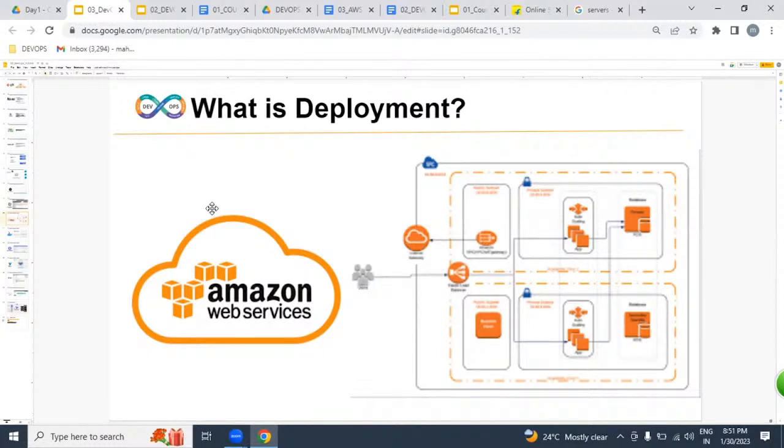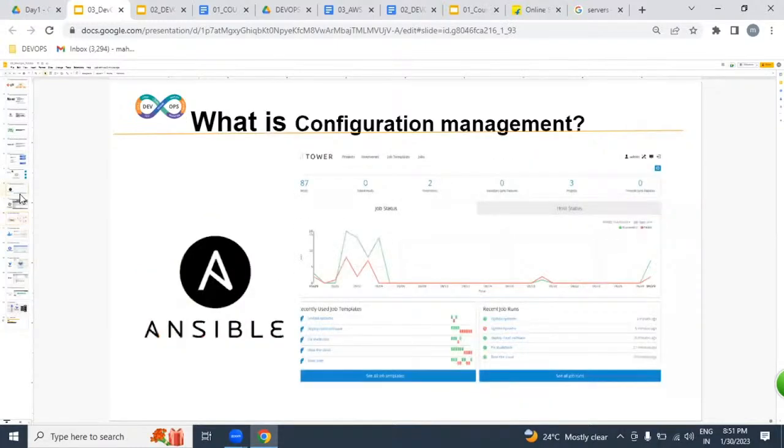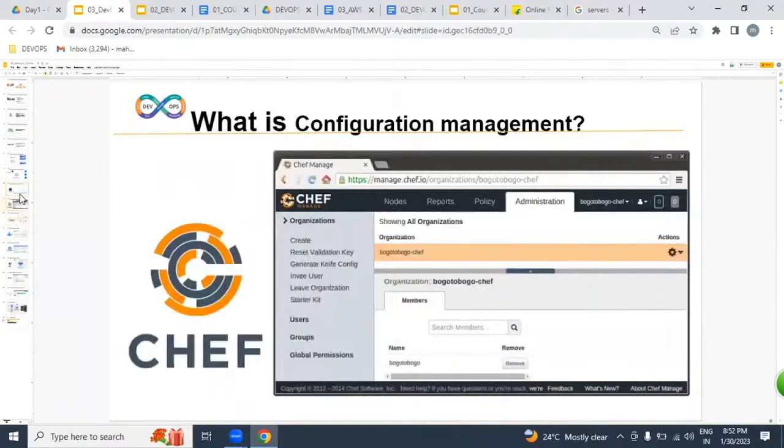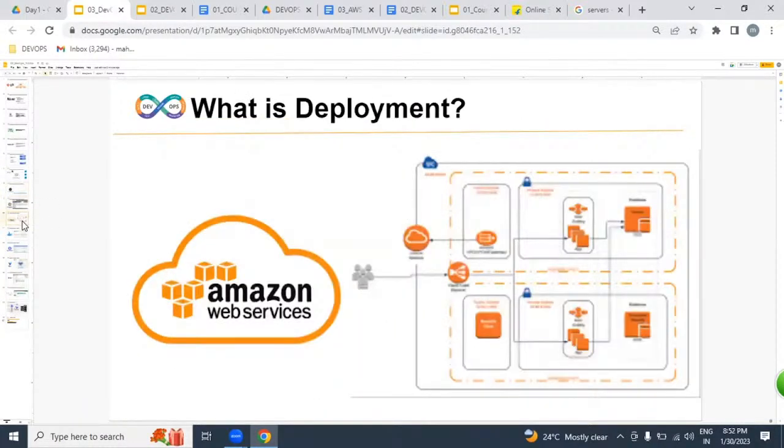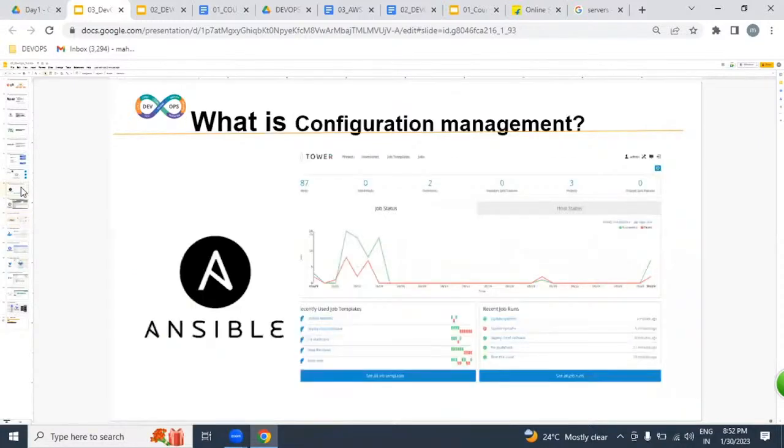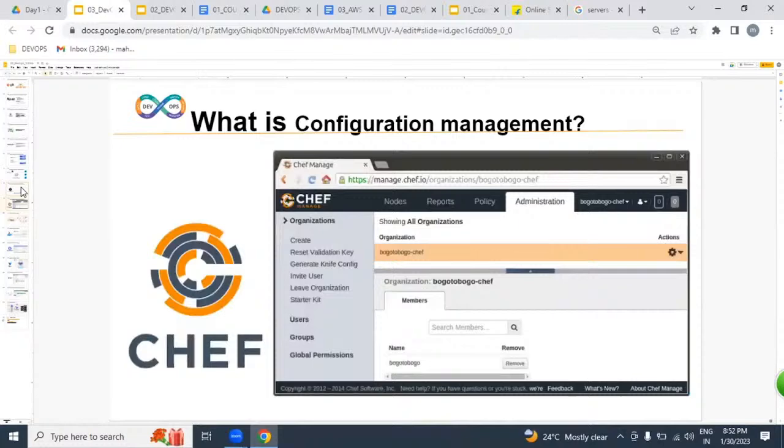So we are going to be getting hundreds of servers from where? AWS. By using AWS, we can get hundreds of servers. On top of those 100 servers, we are going to be implementing an automated process with the help of Ansible and Chef. Let me repeat this point one more time, it is very important to all. We get infrastructure from AWS, and on top of it we implement an automated process with the help of Ansible and Chef. Understood? Very important.